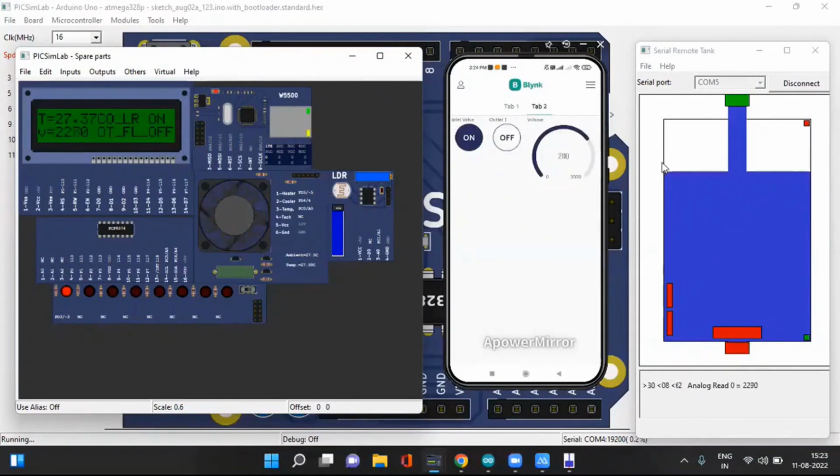Yes, now here we will see the simulation of the project. This is the interface of the PicSimLab software. This is our Arduino Uno board which has an ATmega